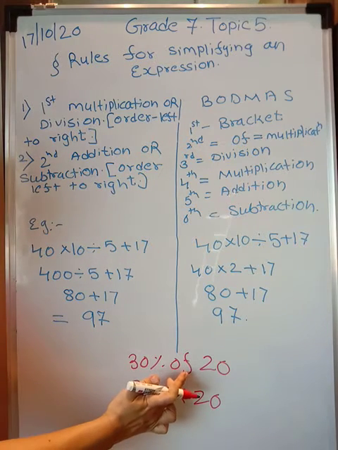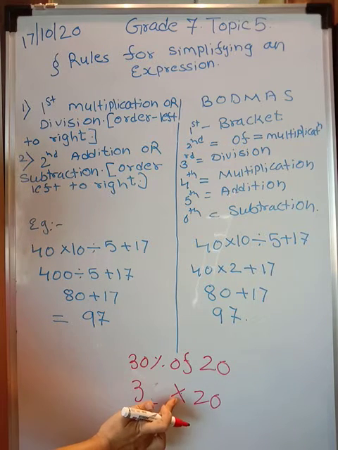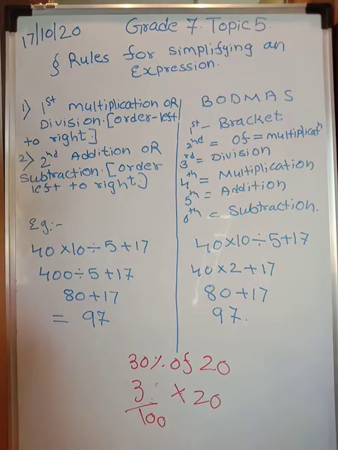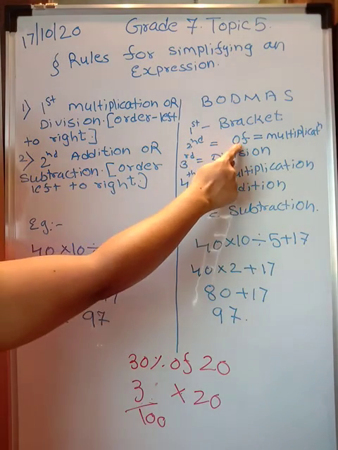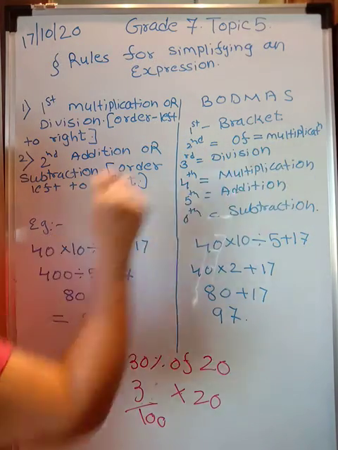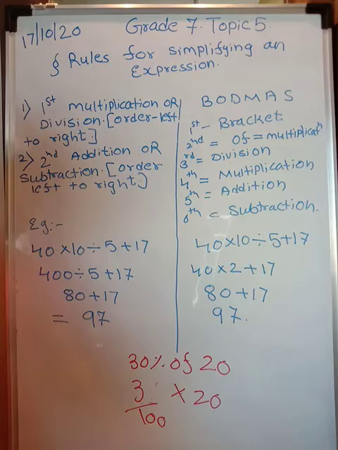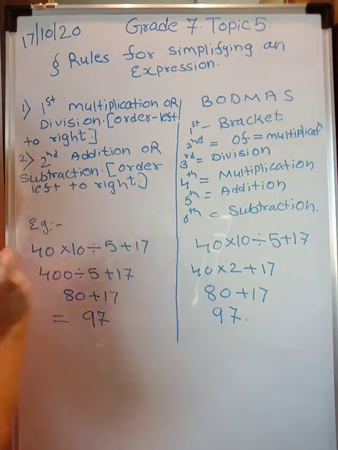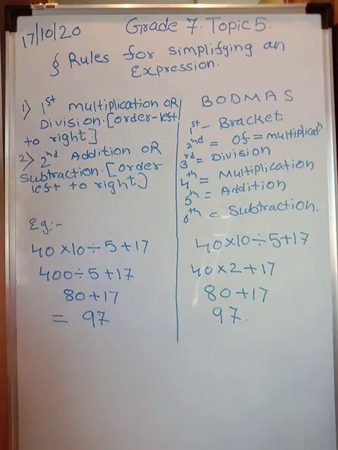Now here I have used only one operation. "Of" is multiplication. But if you have multiple operations and in that the word "of" is coming, "of" indicates what? "Of" means multiplication. So I have written it over here. In that case you have to solve the word "of". Take out that "of" word first. How will you take it out? By putting a multiplication sign.